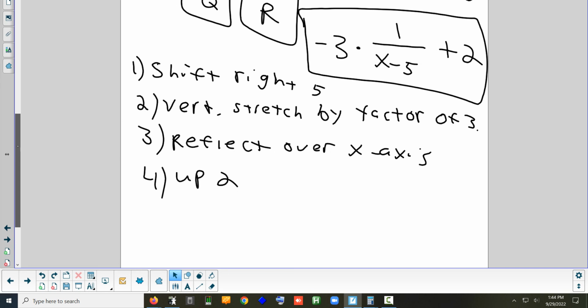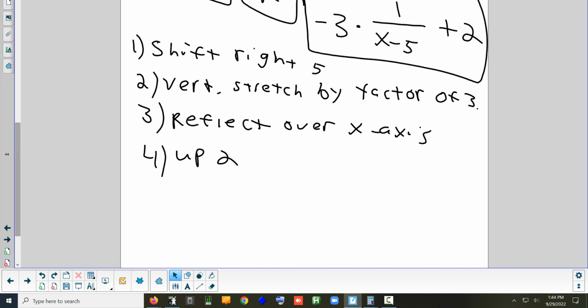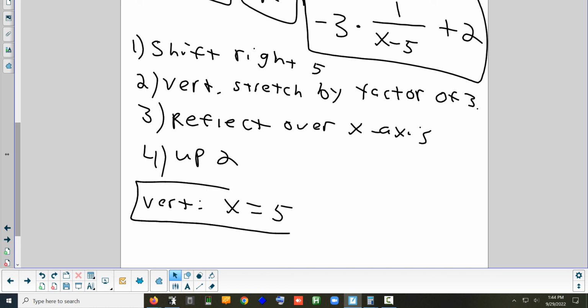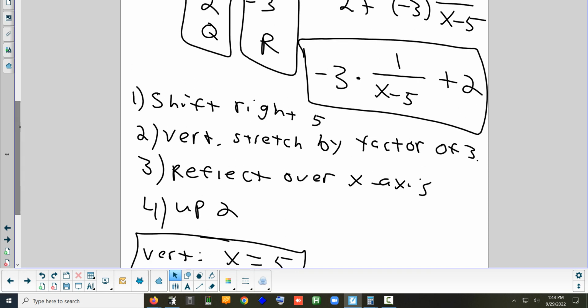Now the easy part is to write the asymptotes. Let's start with the vertical. What number would make the denominator 0? Yep. 5. So there's your vertical asymptote. And the horizontal is what that whole thing approaches as x gets bigger and bigger. So think of it as y equals. Well, pretend x was 1,000. If you fill 1,000 in right there for x,